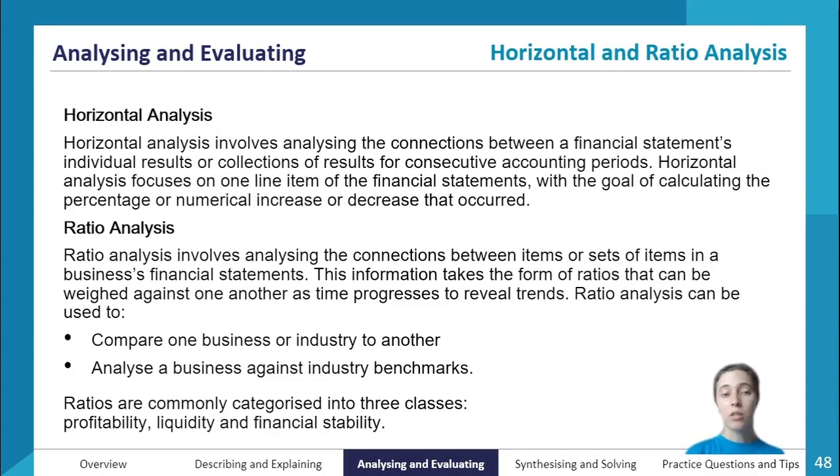Something else that you need to be able to understand and then perform yourself is horizontal analysis and ratio analysis. Later on in the year, you'll learn some other types of analysis as well. There's also trend analysis, but for now, these are the two that you need to understand. So horizontal analysis involves analyzing the connections between a financial statement's individual results or collections of results for consecutive accounting